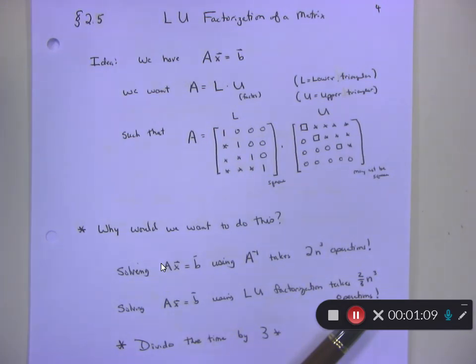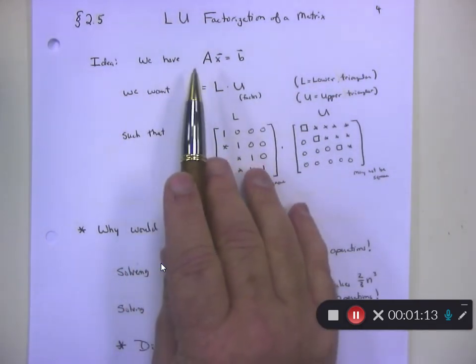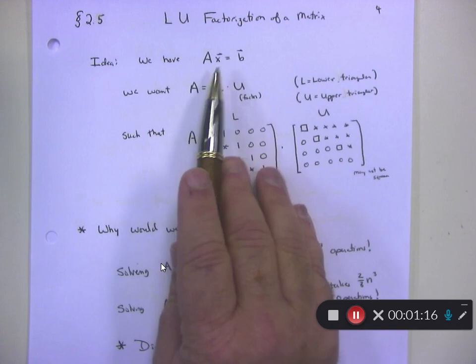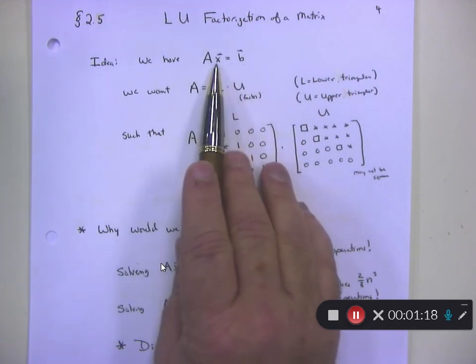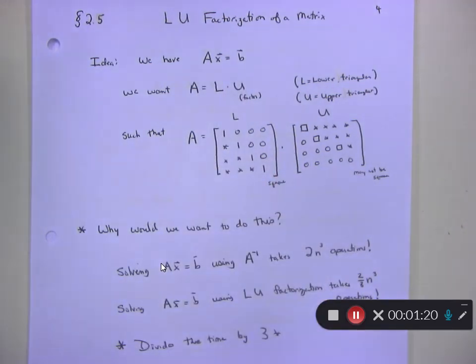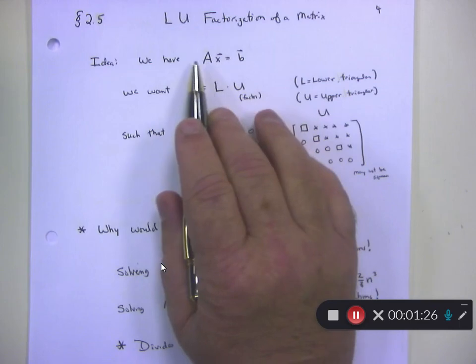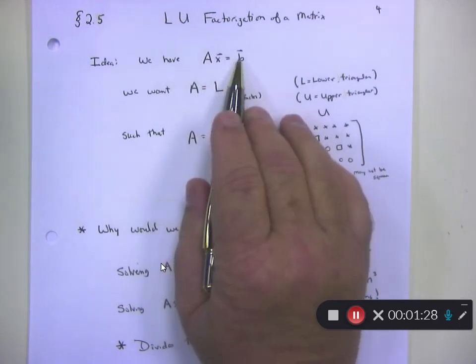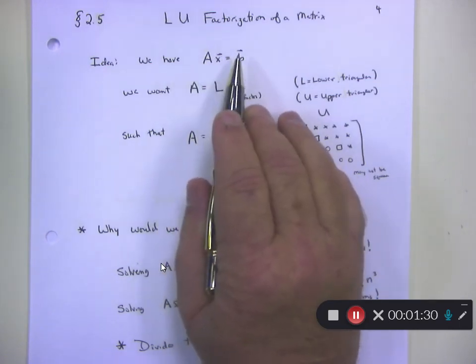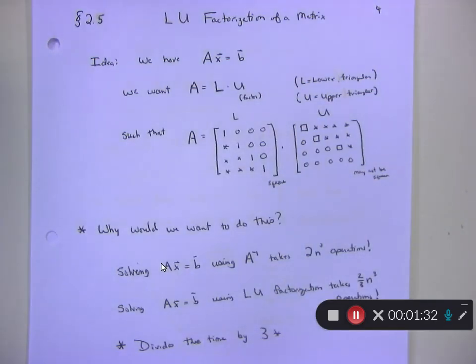So here's the idea, the theory behind this. We have the old famous equation we've been solving: AX equals B. You want to solve for X. X is your unknown here. So typically what we do is we have to find A inverse and then multiply A inverse on the left side on both sides, and X will be equal to A inverse times B. Well, it really depends on the size of what A is and finding its inverse. So